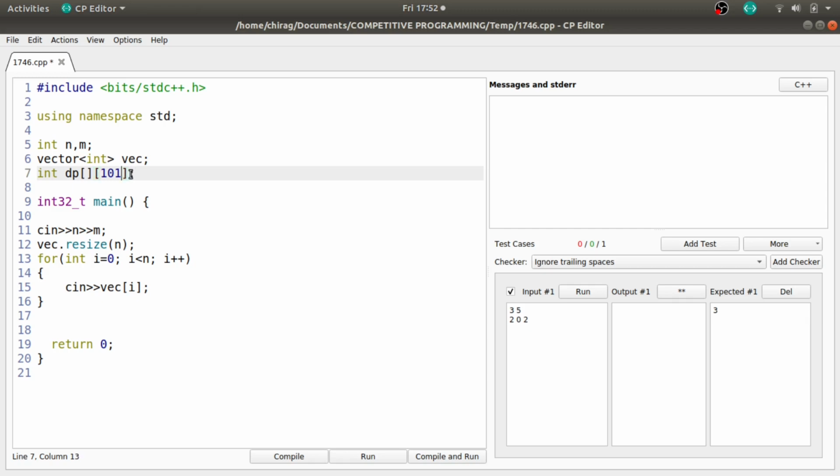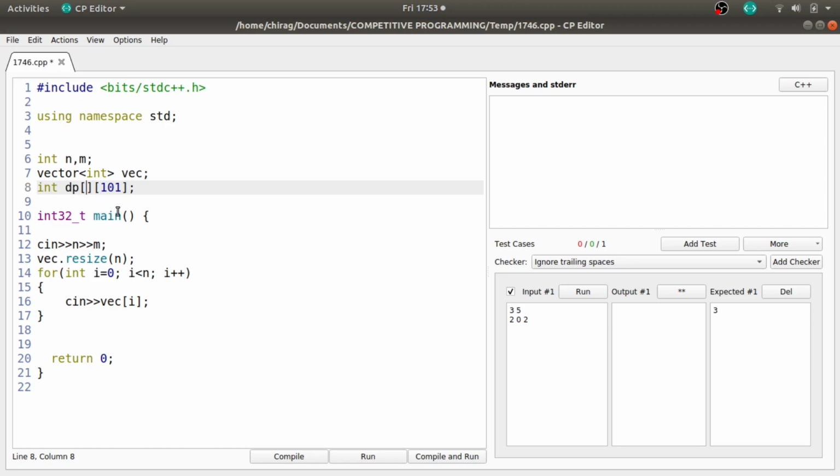And for the index part, since the number of elements which can be present in the array is given as maximum 10 to the power 5, let us declare a constant here, let us say max, which has a value 10 to the power 5, and this first dimension would be max plus 1. And now let us fill this array with -1, because you know that you need to memoize if you are writing a recursive code.